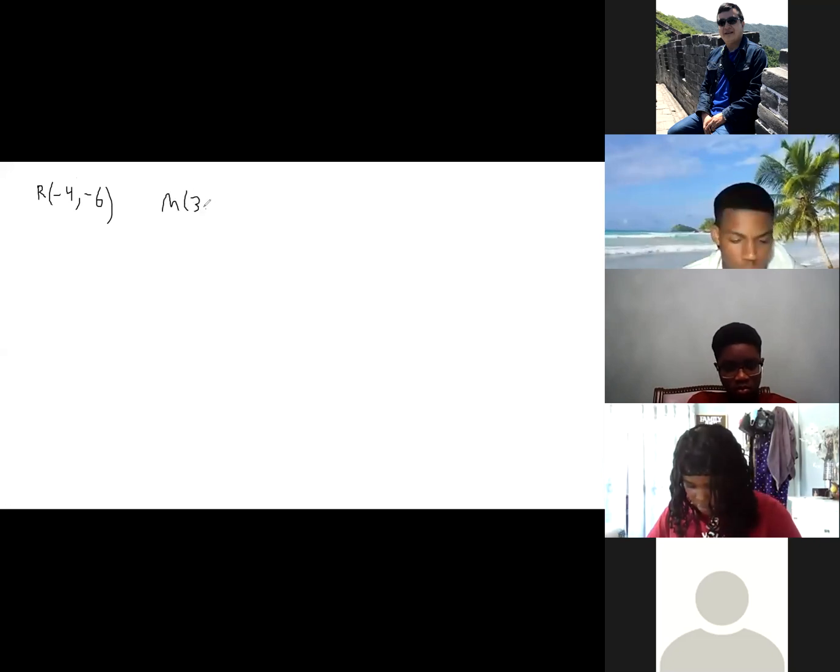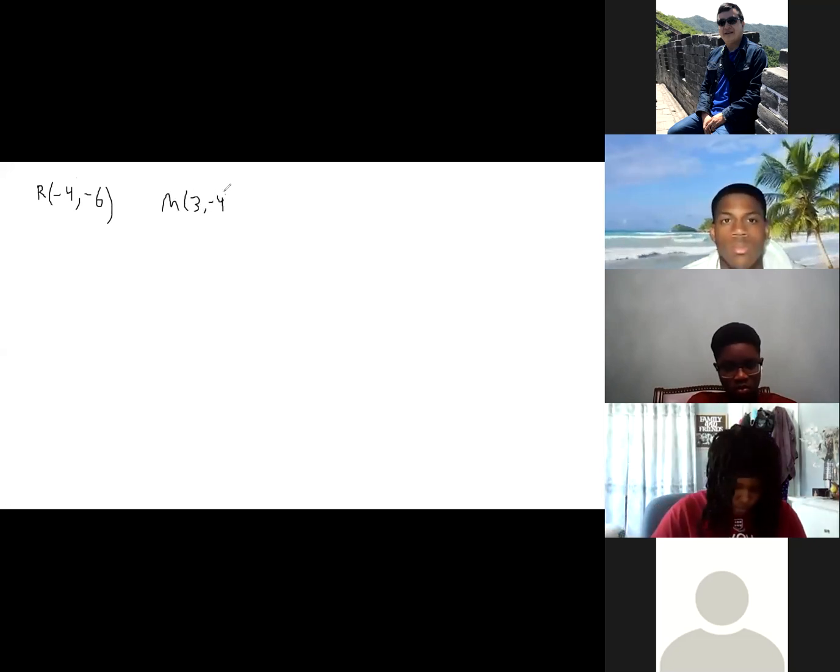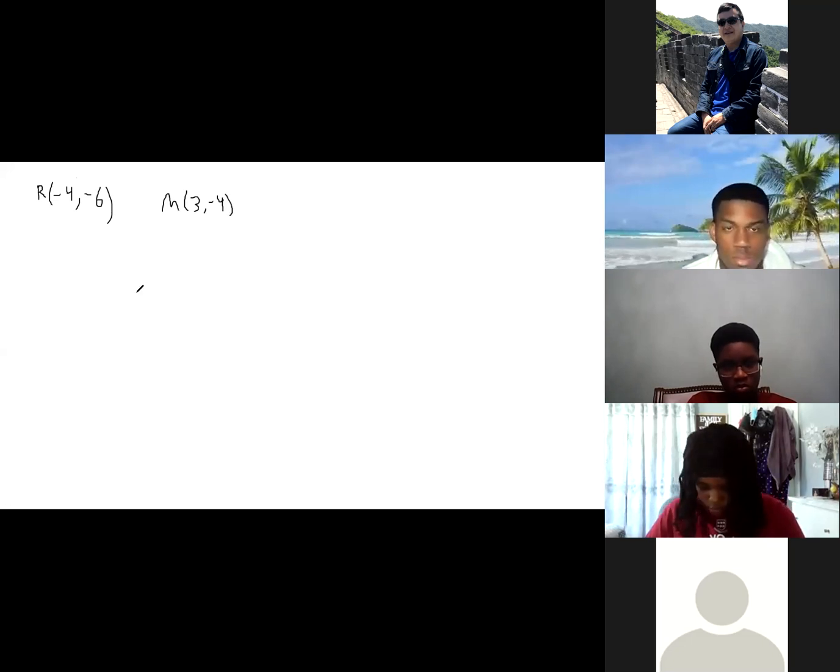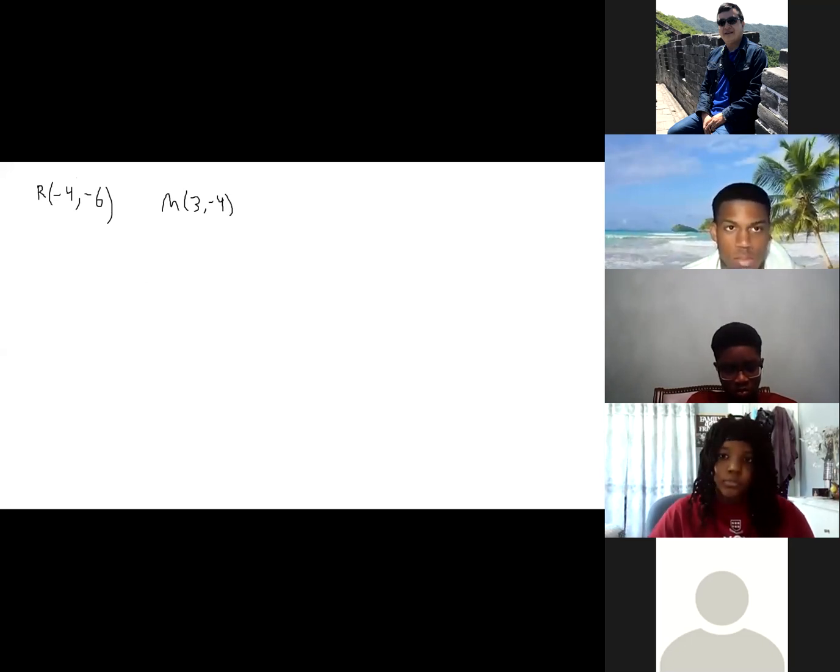So if the 2 points are R, which is at -4, comma, -6, and then M, which is the midpoint of the line RS, at 3, comma, -4. So knowing that this is a straight line, what I would do,